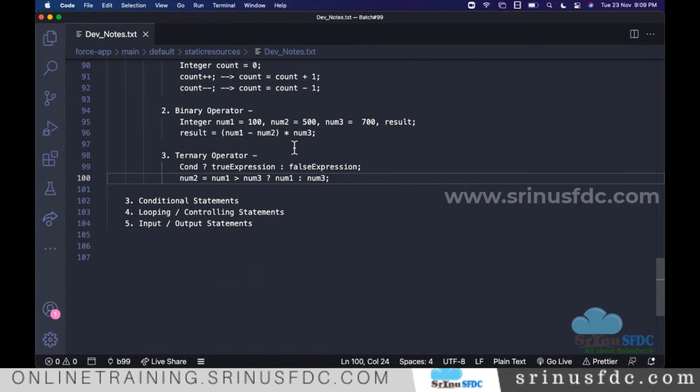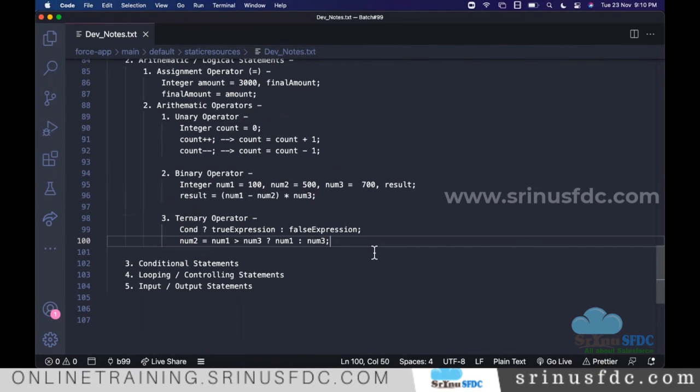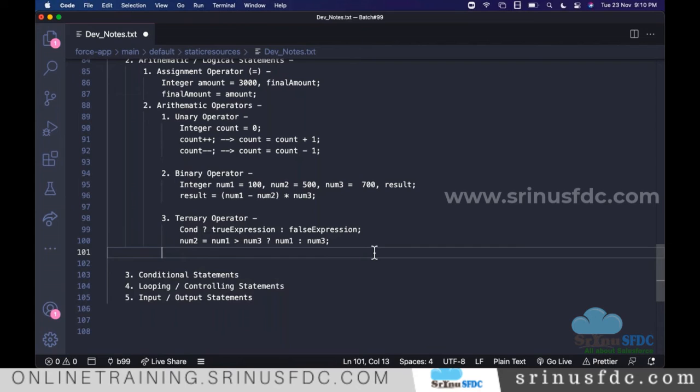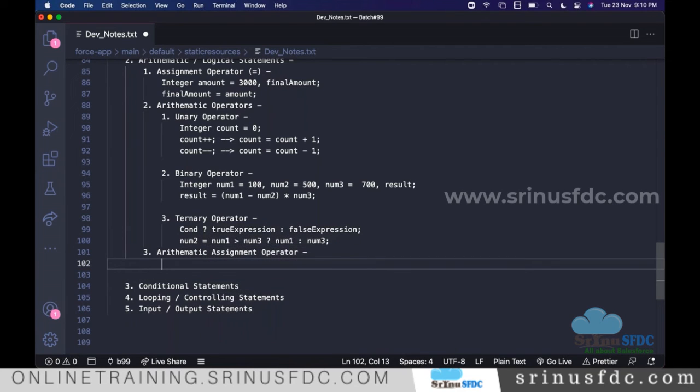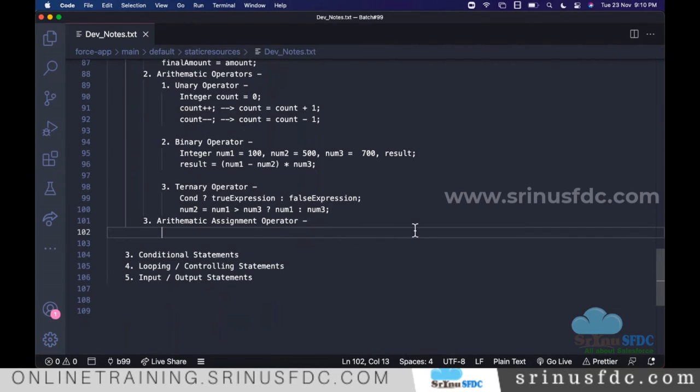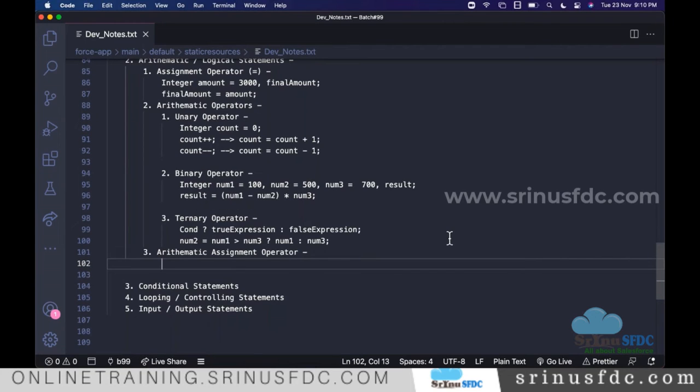Okay. So the next thing is the arithmetic assignment operator. Arithmetic assignment operator means we use the combination of both the arithmetic operator and the assignment operator. Let's say we have these 2 numbers.